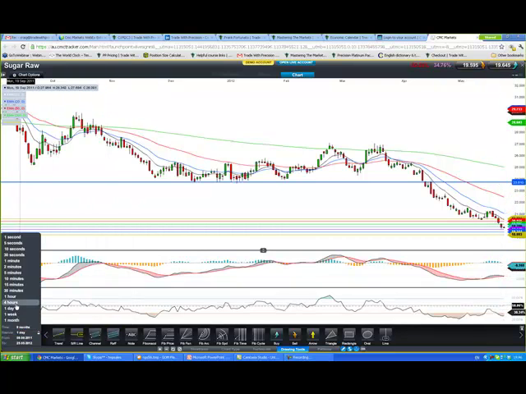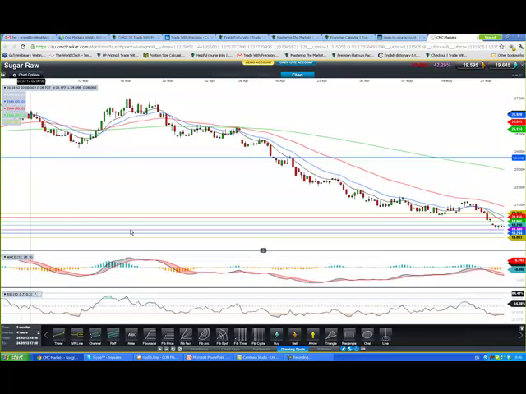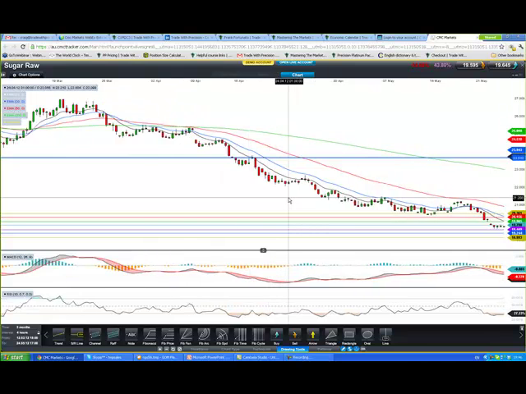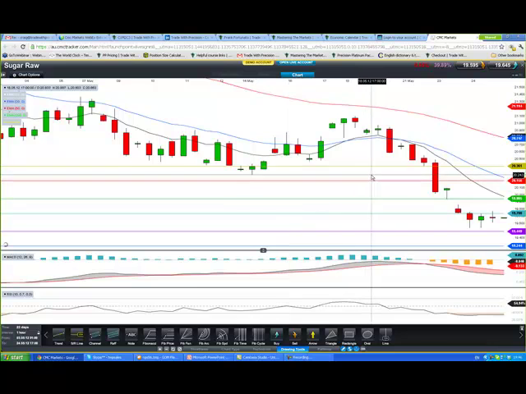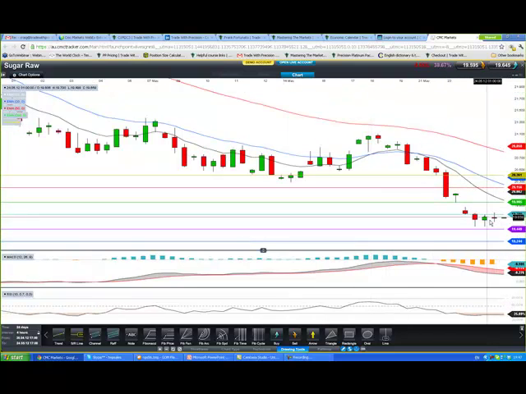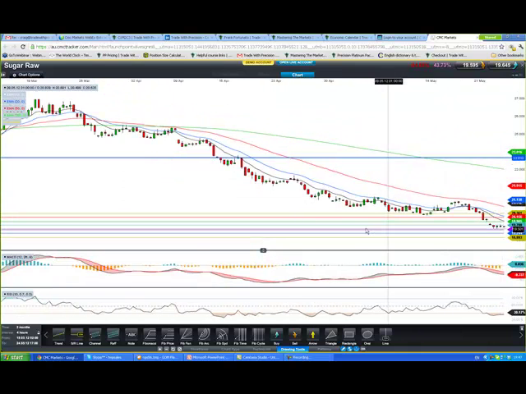Let's get ourselves to the 4 hour and see if there's anything going on here. Okay, down here, what do we got? Not a great deal. See how there's a little red bar here, but we're not near the sell zone? That's not good enough. We need it up in here, around this 20. That'd be a nice trade, actually.